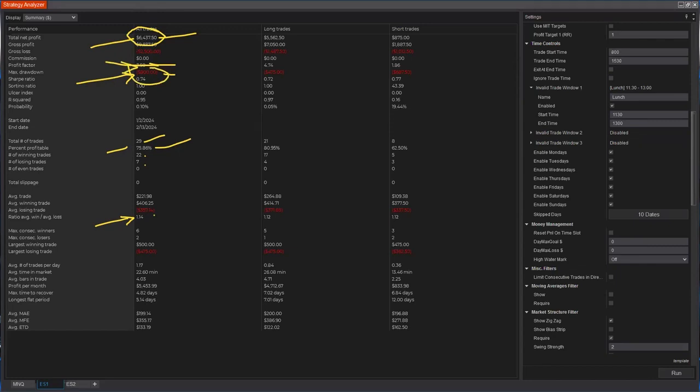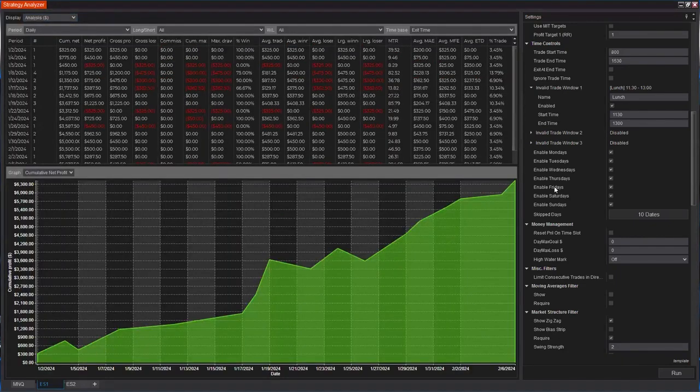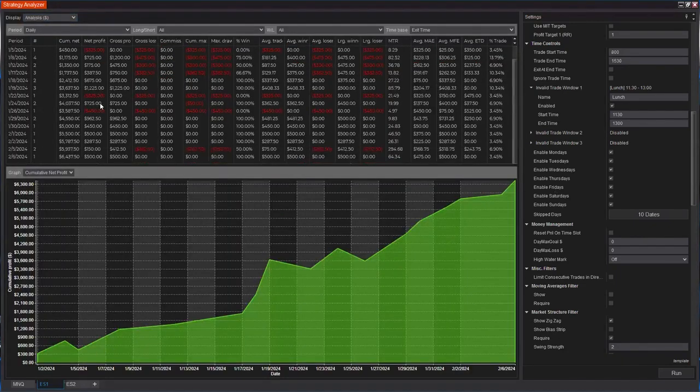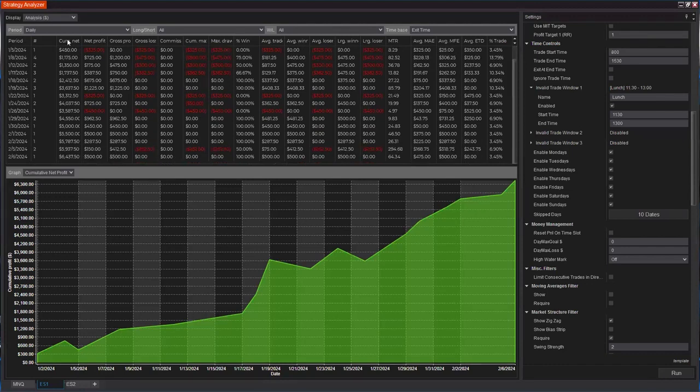I just drew over the top of it and you can't see it, so let me erase it. There we go, 3.58. Great. What does it look like? Well, it's probably going to look like up and to the right. There it goes. What about losing days? Three losing days out of how many days? Solid. Very good numbers.